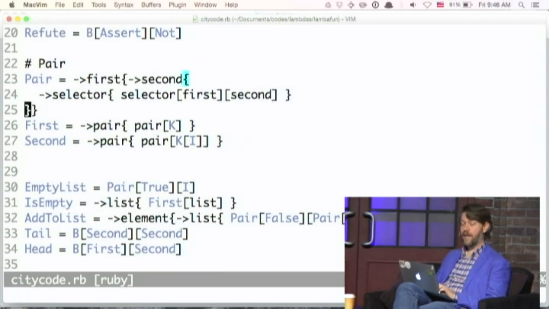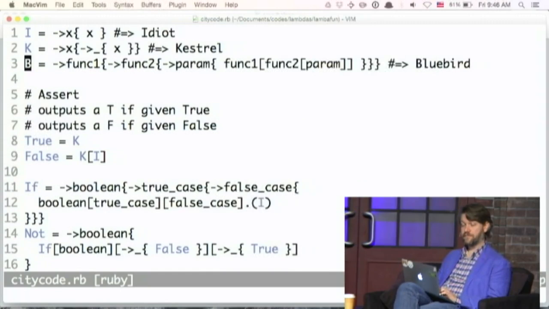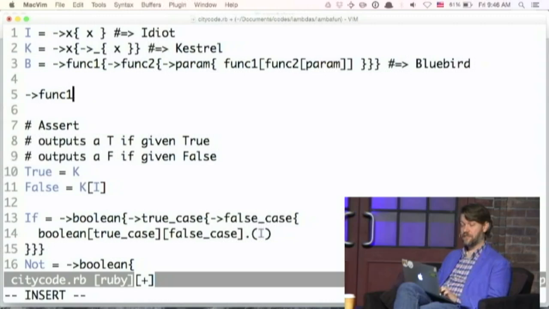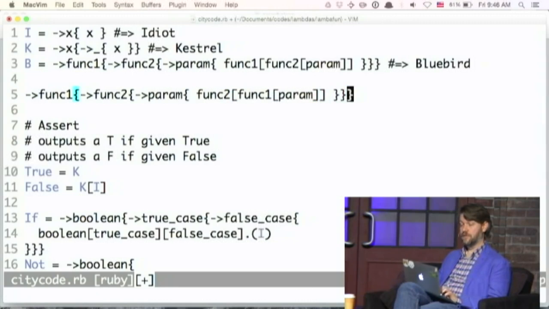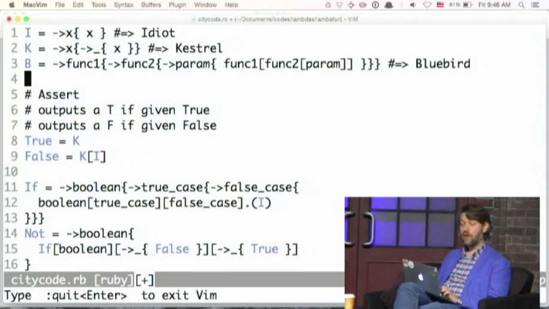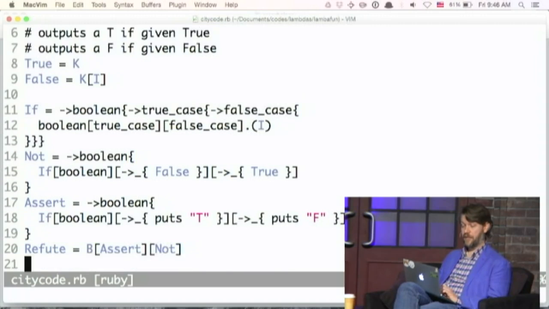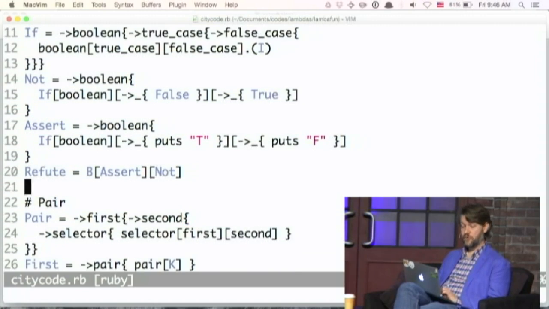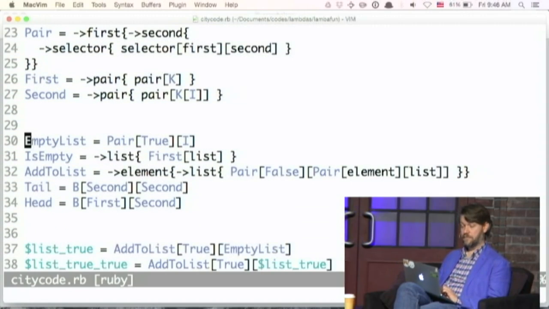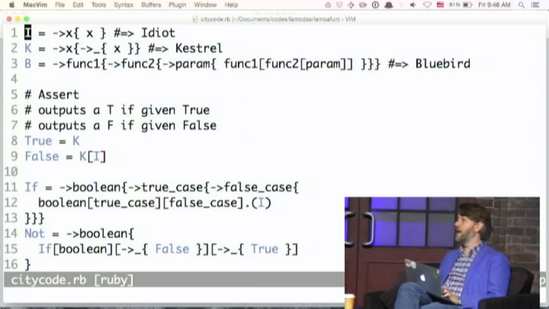Finding different combinators. What happens if you have a function that takes two functions and composes them the wrong way around? And start building up all these combinators. All of these basic combinators can be constructed and composed in this way, either to build up true and false. Booleans end up being able to be built that way too, as you move along. So I'm kind of out of time, but if you would like to know more,